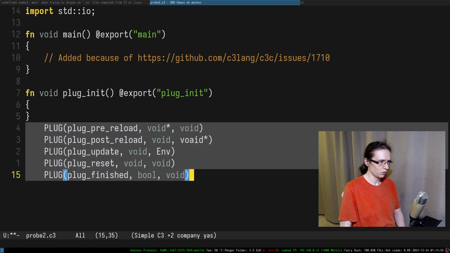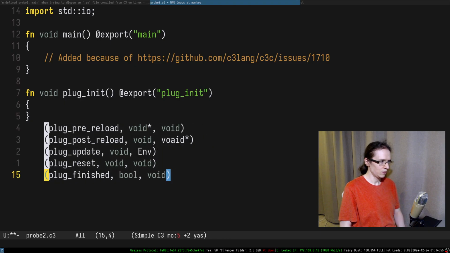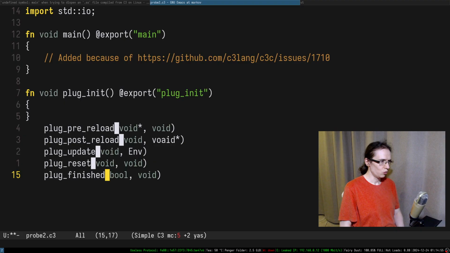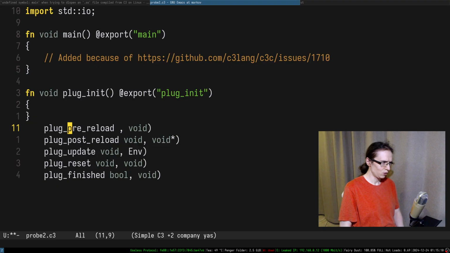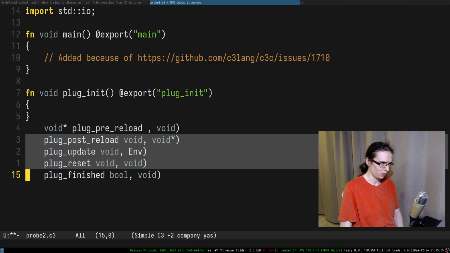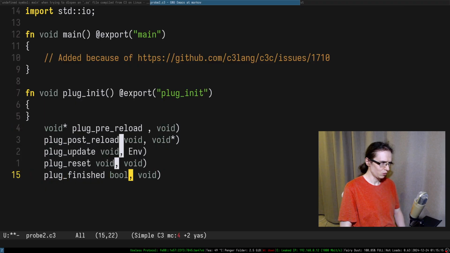All right, so let's go. And this is going to be, so all of these things are return values, if I'm not mistaken, right? Which is a bit annoying, because I can't easily move this thing to here, right? Because Emacs doesn't allow me to select it properly. But anyway, this one